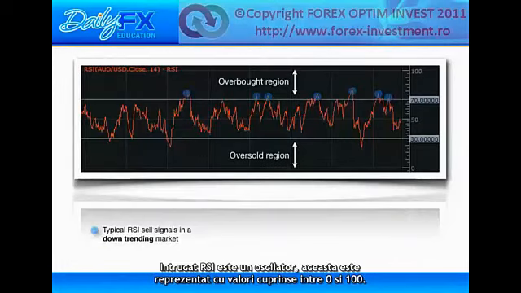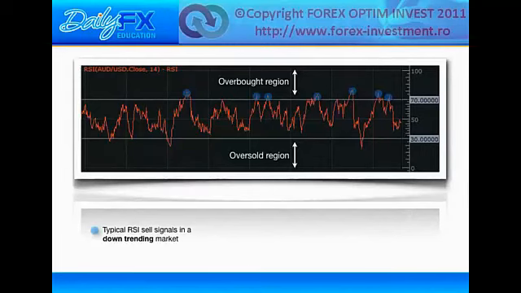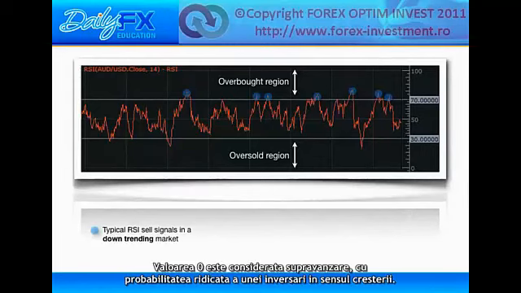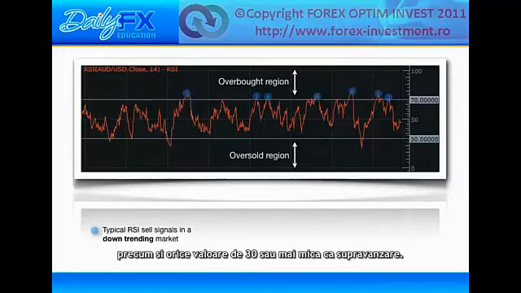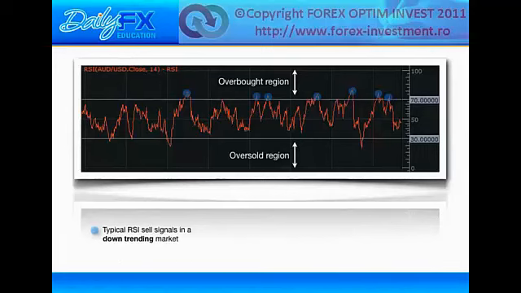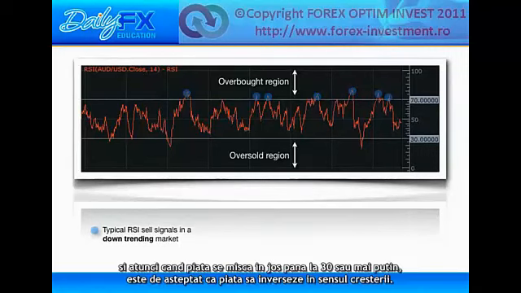Since RSI is an oscillator, it's plotted with values between 0 and 100. The value of 100 is considered overbought, with the likely chance of a reversal to the downside. The value of 0 is considered oversold, with the likely chance of a reversal to the upside. Traders will further identify any reading of 70 or higher as overbought, and any reading of 30 or below as oversold. So the thought process goes, when the market moves to 70 or above, the market is likely to reverse to the downside, and when the market moves down to 30 or below, the market is likely to reverse